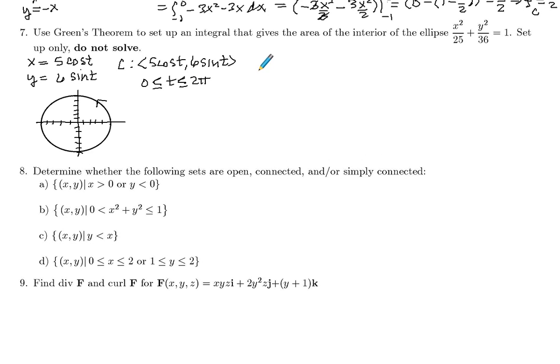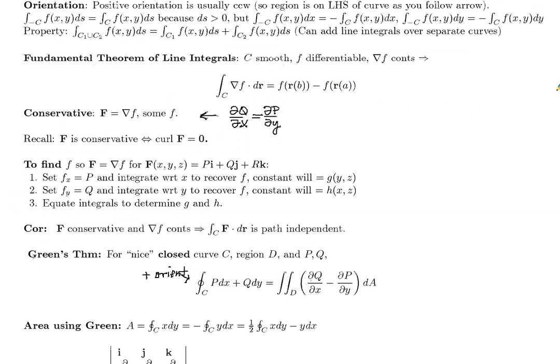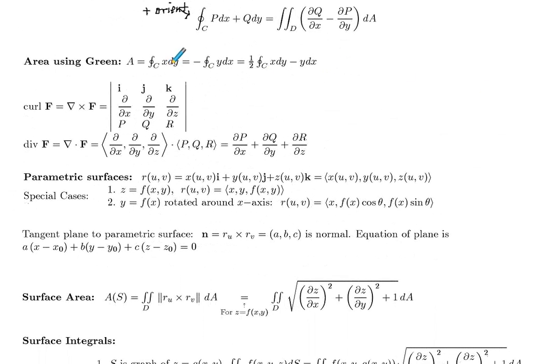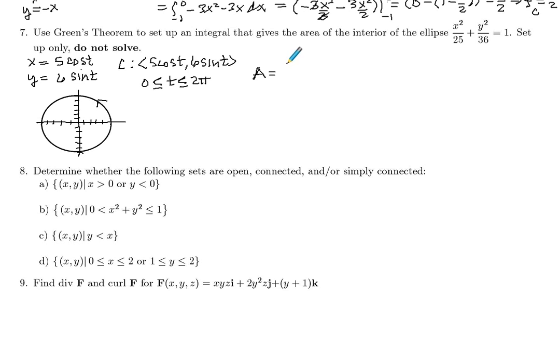And so then area, using Green's theorem, remember we can use any one of 3 different setups here for area with Green's theorem. We can either use x dy, negative y dx, or 1/2 x dy minus y dx. So whichever looks like it's going to be easier. For us, we're just setting up, so why don't we use x dy? So this is going to be the line integral along closed curve C of x dy,